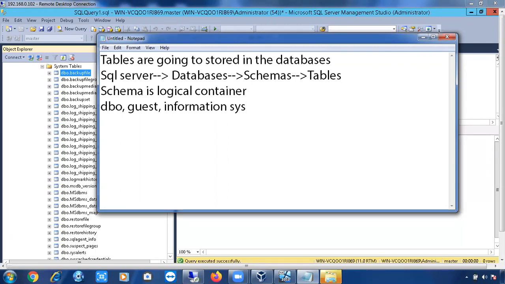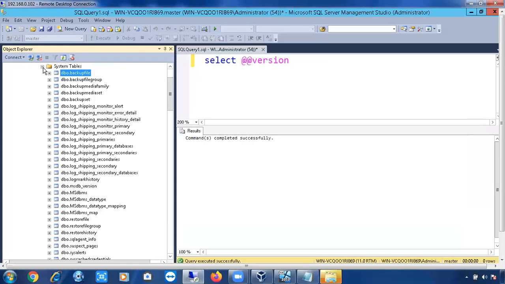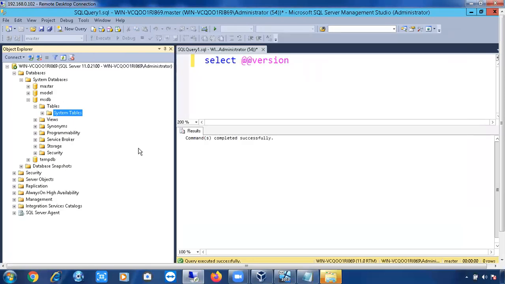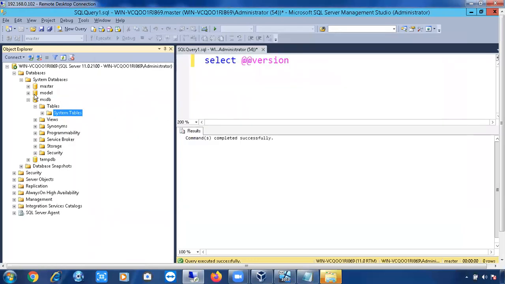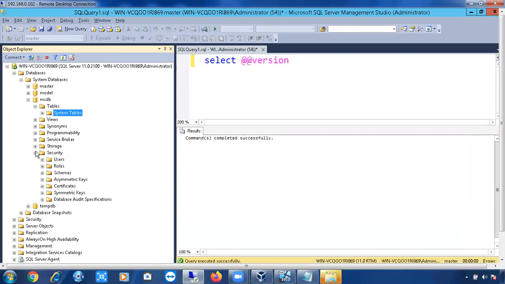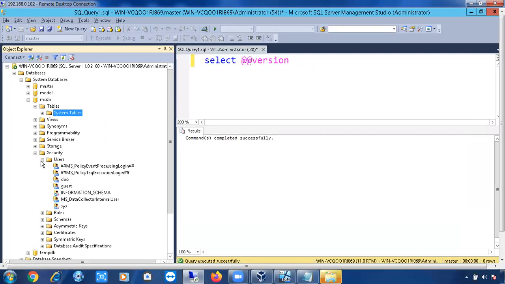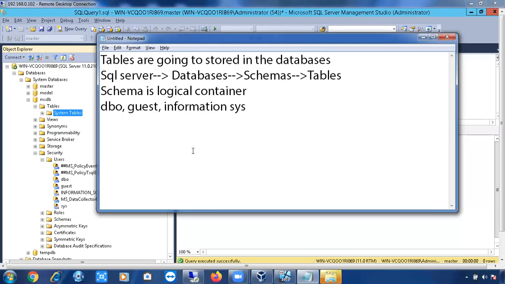If you want to see the schemas, you can see here dbo, guest, information schema, sys. Let me go through this: Security, Users, dbo, guest, sys, information schema.